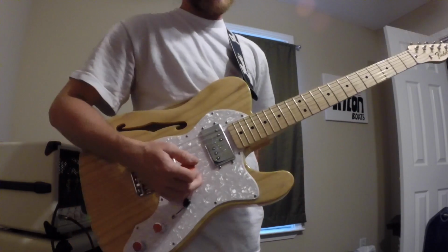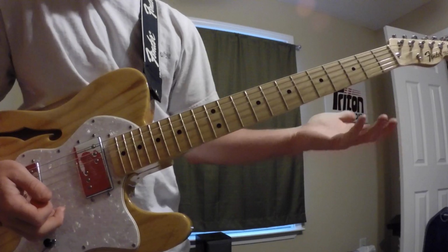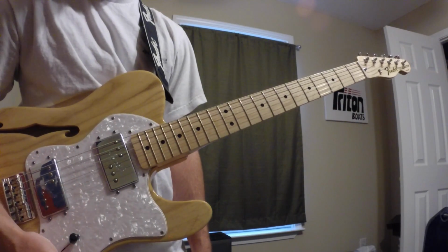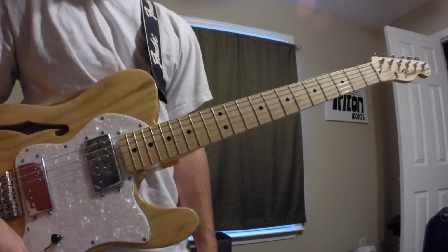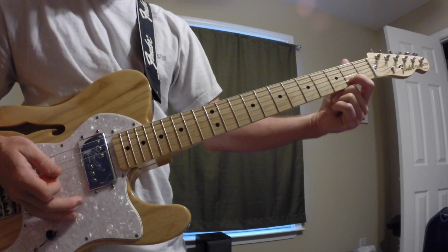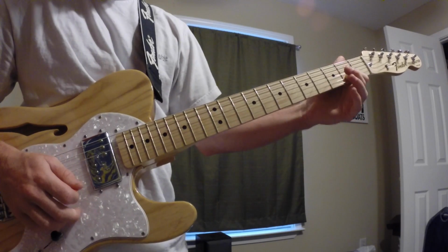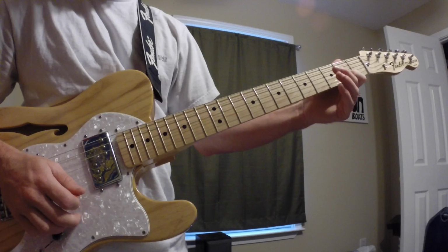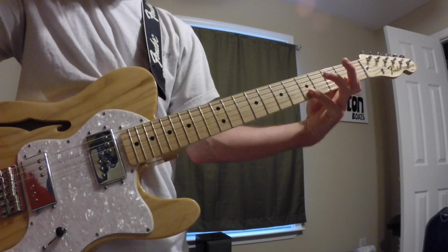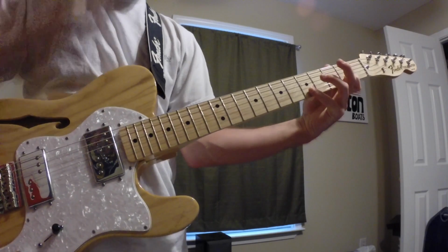And so basically what we're going to do for this part is it's really simple, typical Kings of Leon little lick. A lot of their stuff sounds pretty cool, but it's really stupid easy. So you got your first finger, take that second fret on the B string. That's the first note. And he's going to kind of bounce off of the 5th fret, still the B string, so it's going to go like...